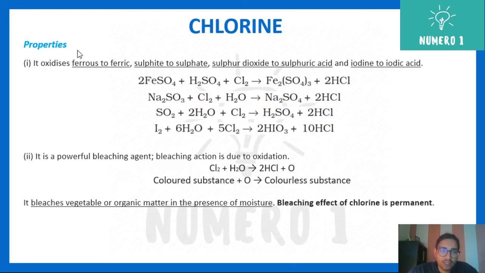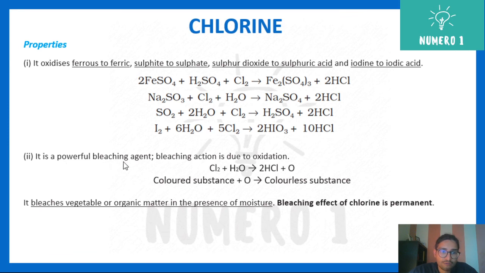So, talking about some other properties. Since we saw that chlorine is able to give nascent oxygen on standing, it will oxidize ferrous, that is Fe2+, into ferric sulfate. Ferrous to ferric, not oxide: ferrous to ferric. So +2 oxidation state to +3 oxidation state. You can check it out. Sulfite to sulfate, sulfur dioxide to sulfuric acid. You can see the reactions here correspondingly. Iodine to iodic acid. These are the reactions. So basically we see that it is able to oxidize each of them.